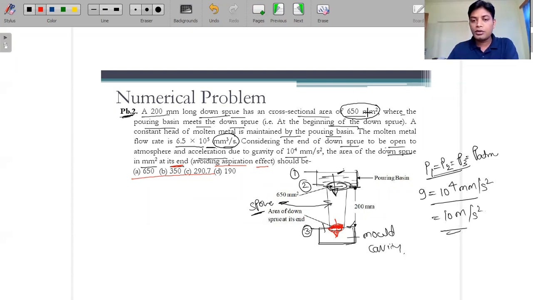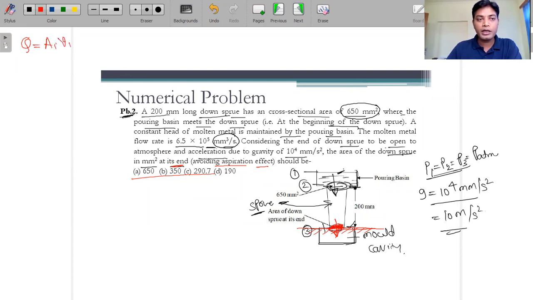Here we have to find out the cross sectional area at the third position. So what options do we have? Till now we have seen only two principles, that is Bernoulli's equation and the continuity equation. Now the continuity equation is defined as the volume flow rate, that is Q, or volume flow rate we can say, that will be equal to